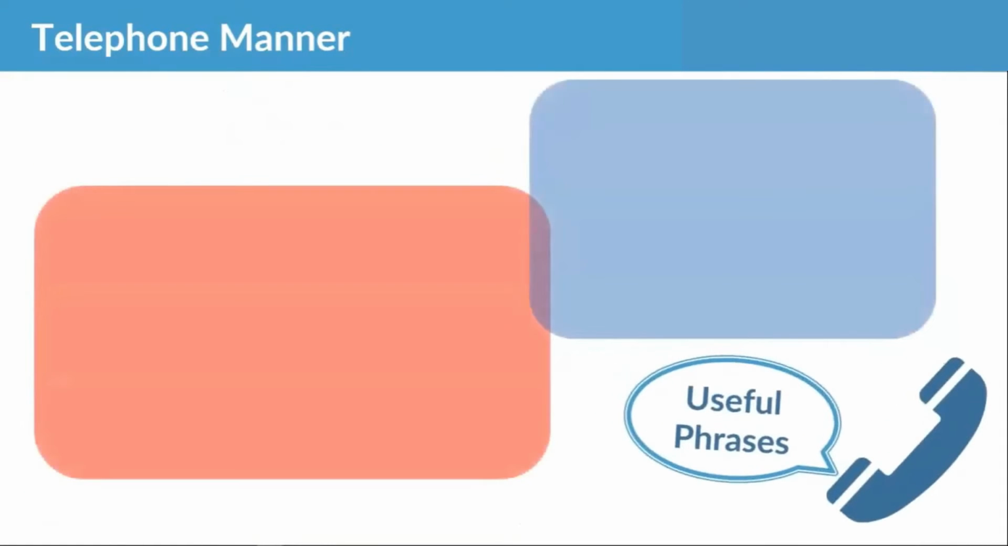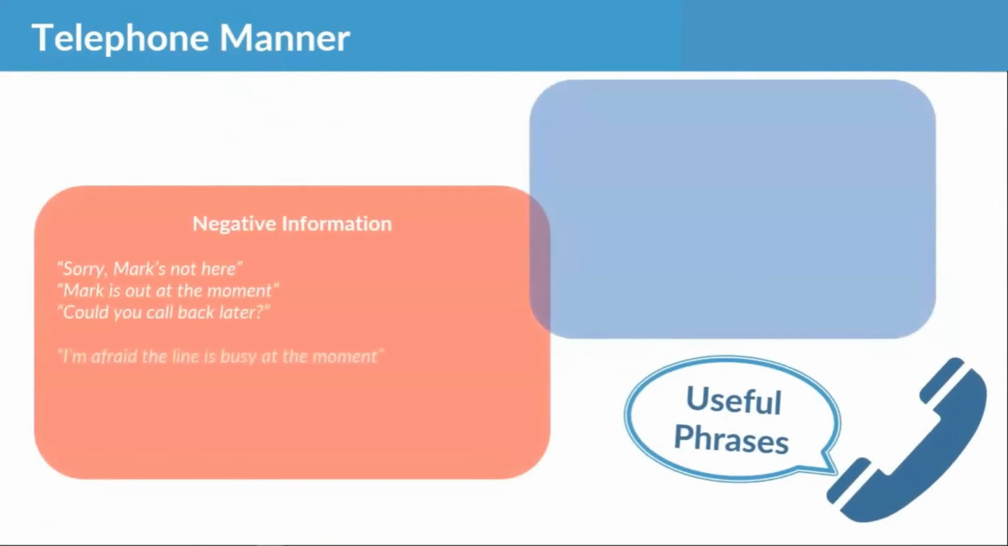Now, let's move on to our next situation, negative information. Okay, so again, we'll start with our informal. Sorry, Mark's not here, so we're given negative information. Mark is out at the moment. Could you call back later? I'm afraid the line is busy at the moment, so this is a bit more formal. I'm afraid he's busy at the moment. Can I take a